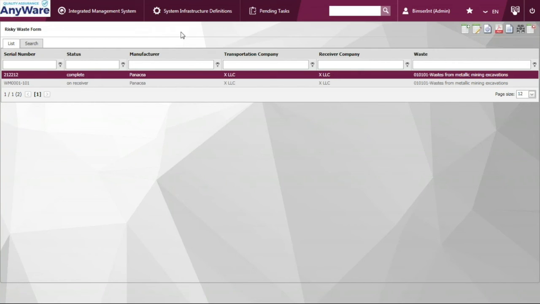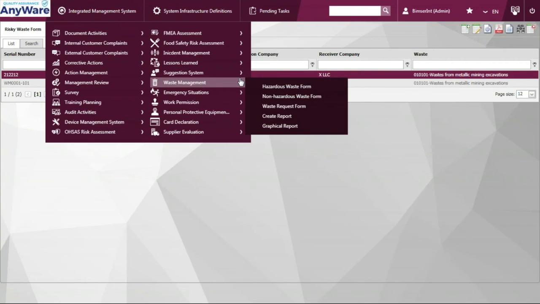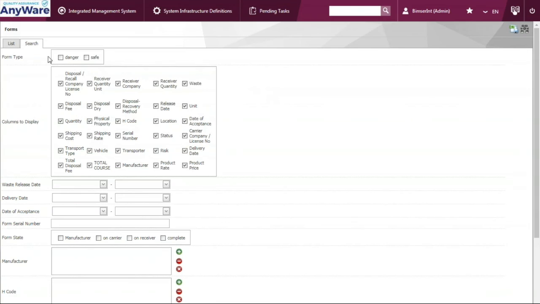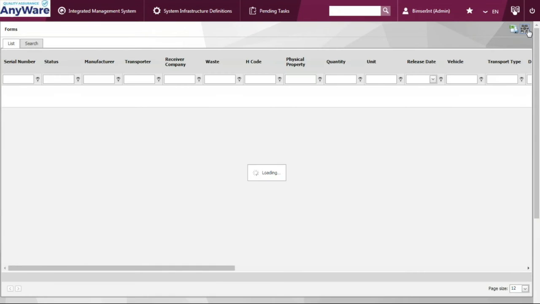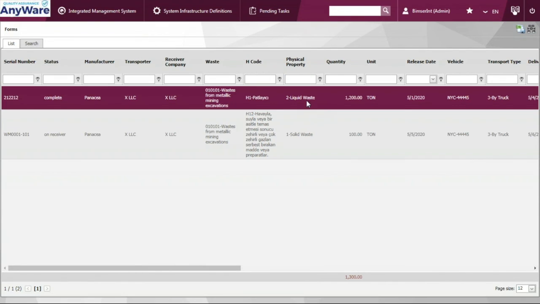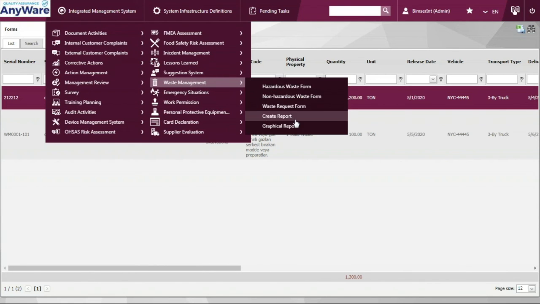Also, there's a reporting tool available in this module which allows you to create your own report, and you can pick and choose what kind of type you are going to target for your report, the waste pickup date, and the date that the company stored it in the receiver company. And you can have those reports right here as a list, and you can have a graphical report